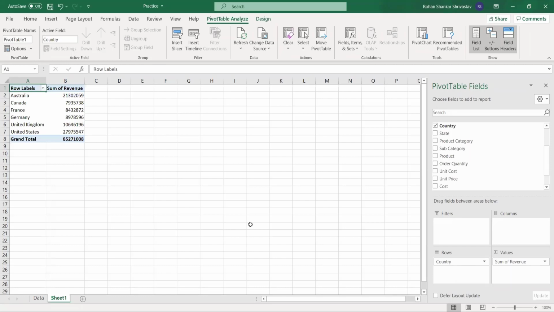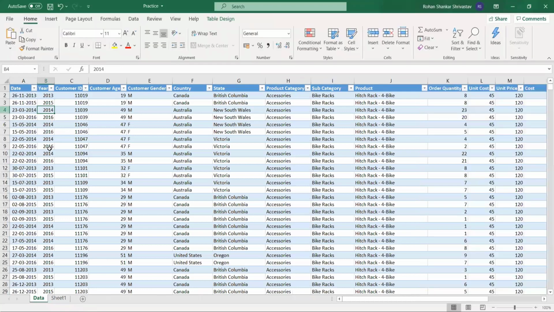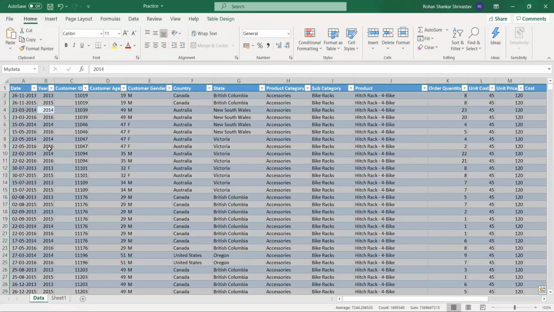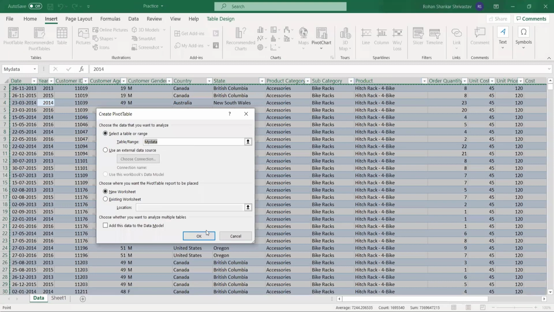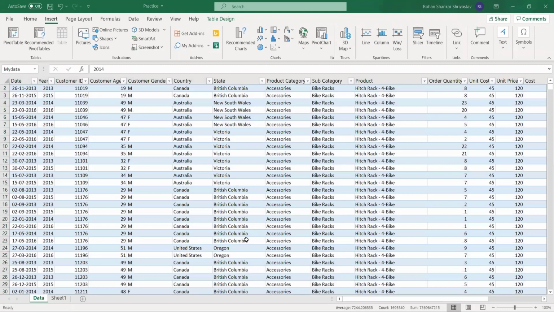If you're not able to open the pivot table, I'll suggest another approach. Just press Control A and then Alt plus N plus V. So you'll get a pivot table already. You can just click OK and this opens it in a new worksheet. Just make sure you have selected the option of new worksheet. That does it for you. I'm just posting the shortcut here so that everyone can follow. It's Alt plus N plus V. You can press everything in sequence. You don't have to press it all together.